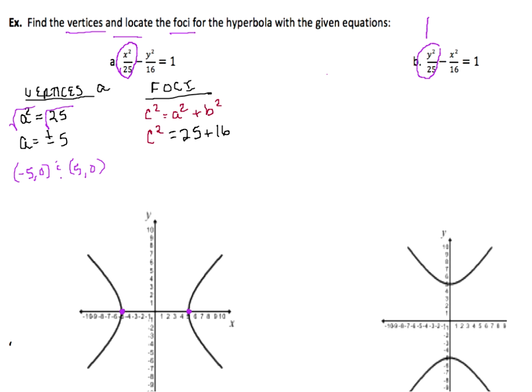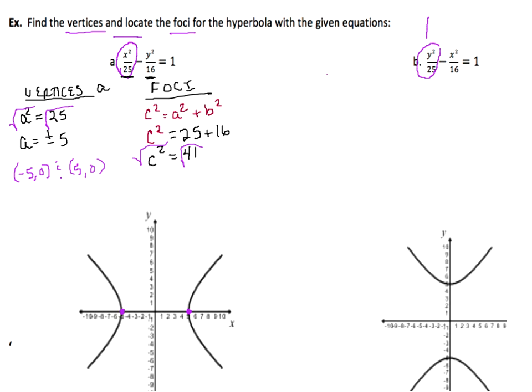Remember, A is always in the first slot, B is always in the second, no matter what variable is in the numerator there. So we have that C squared is equal to 41. When we take the square root of both sides,